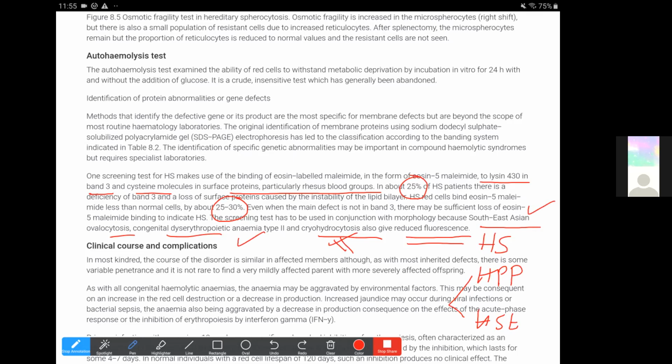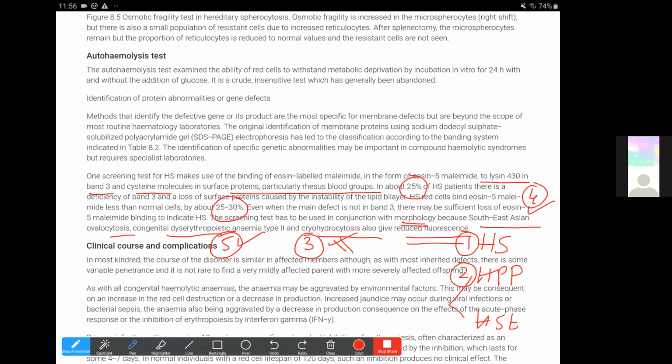So we have 5 differentials for decreased fluorescence: hereditary spherocytosis, hereditary pyropoikilocytosis, the cryohydrocytosis form, Southeast Asian ovalocytosis, and CDA type 2. So this test has to be done in conjunction with morphology to differentiate these different types of